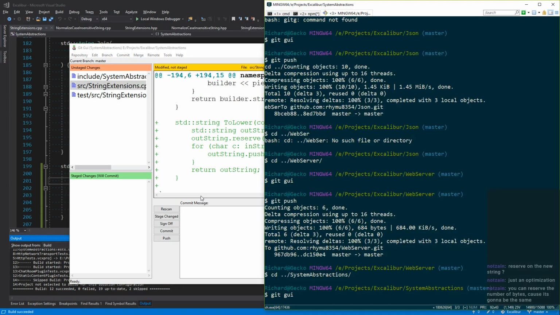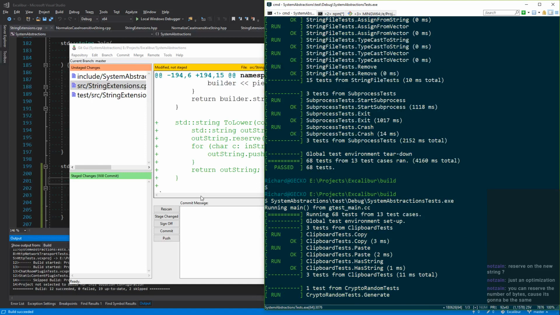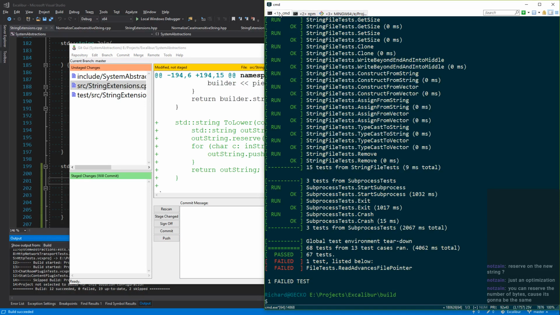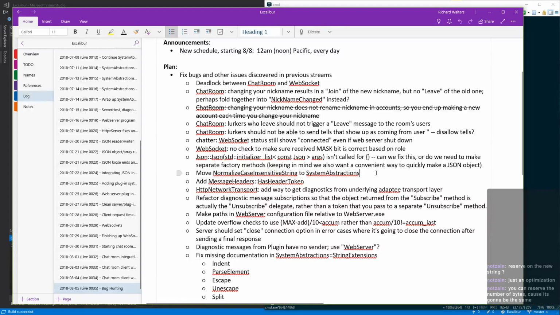And let's make sure that didn't break anything. It shouldn't have, right? We are. Oh, here's that. Okay, I'm glad I caught that one. There's some kind of race in one of these tests. It looks like it's in file tests, so maybe we'll do that next.